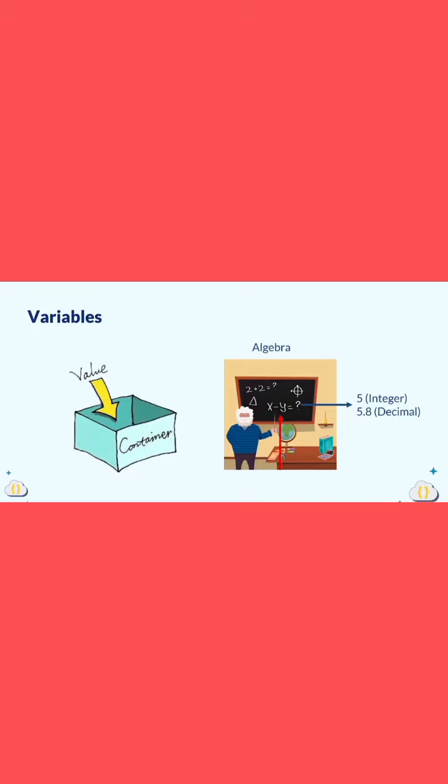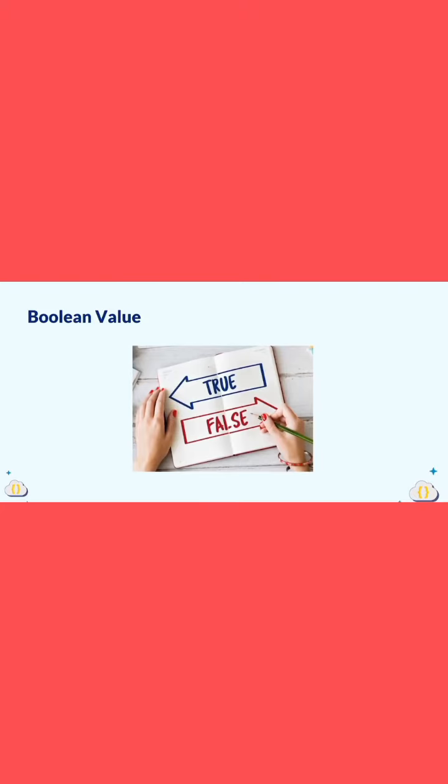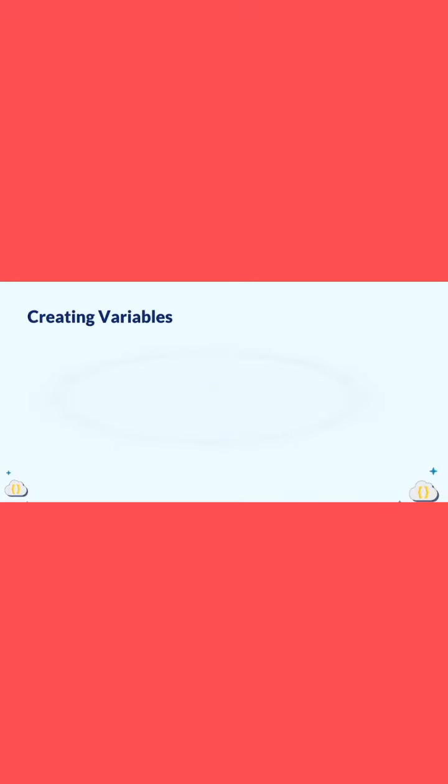The only difference is that instead of storing only integer or decimal values, in Java we can also store words, sentences or boolean values in these variables. Now, are you curious about what are boolean values? So let me tell you about that. A boolean value is a value which can have only two possible options, which are either true or false. These values are often used in programming, and we will understand about these values in the upcoming videos. For now, let us learn how we can create a variable in Java.